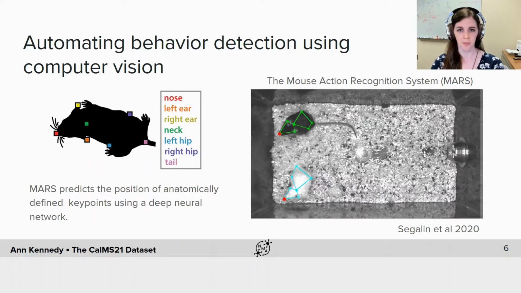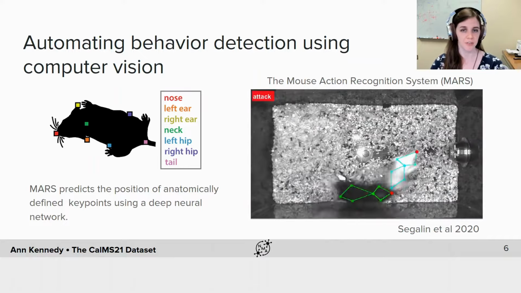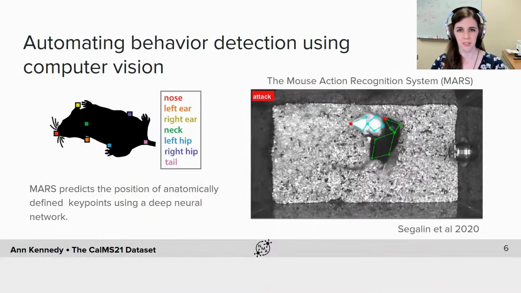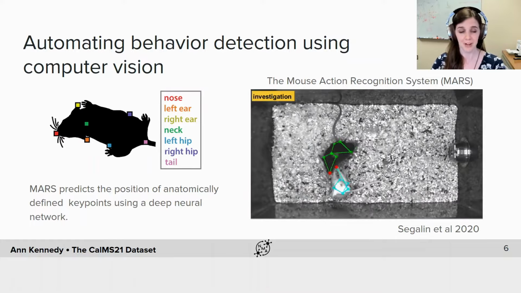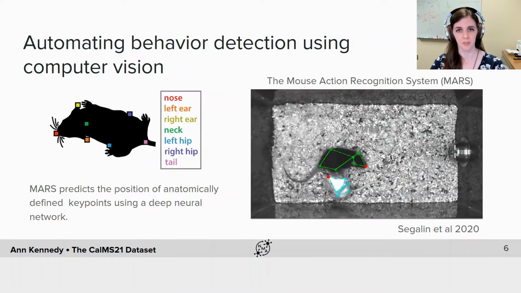So to tackle this problem, a couple years back, we developed the Mouse Action Recognition System, or MARS, which is a computer vision pipeline for estimating the poses and detecting the behaviors of socially interacting mice in the resident intruder assay. So MARS detects a set of anatomically defined key points on the nose, the ears, the base of the neck, the hips, and the tail of both animals, and uses features extracted from these key points to apply moment-to-moment, frame-by-frame labels of the actions that the animals are performing. Specifically, MARS detects bouts of aggression,